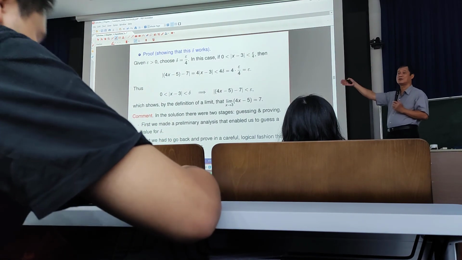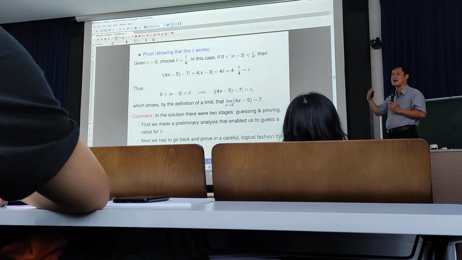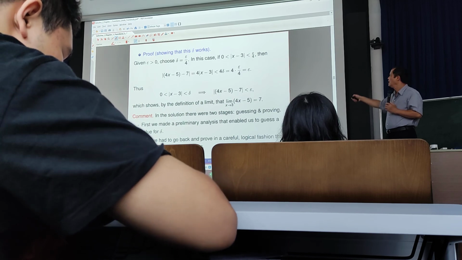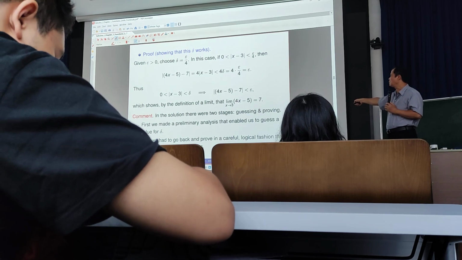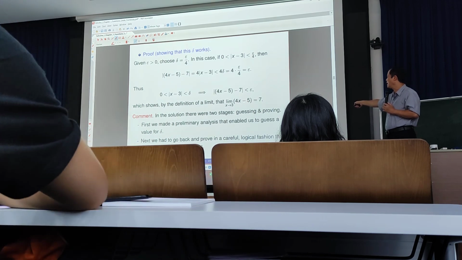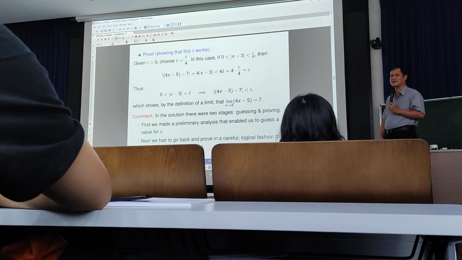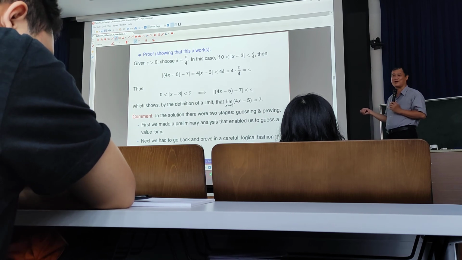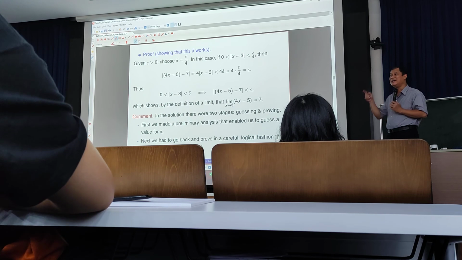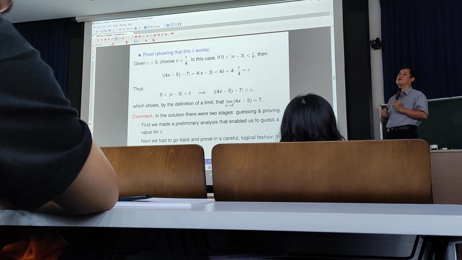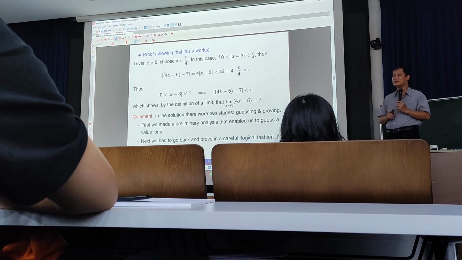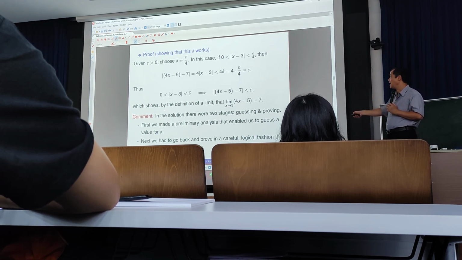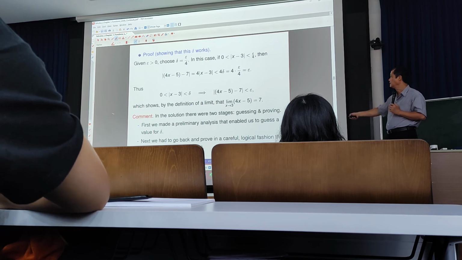Of course, next week we continue to study limit laws. You don't have to work on that too long. X tends to 3, then 4x tends to 12, subtract 5, 12 minus 5 is 7, done. 3 seconds. But at the moment, you have to follow the definition. Or, in case you are asked to follow the definition, you don't want to, but you have to. Okay? So, the last comment of today's lecture.